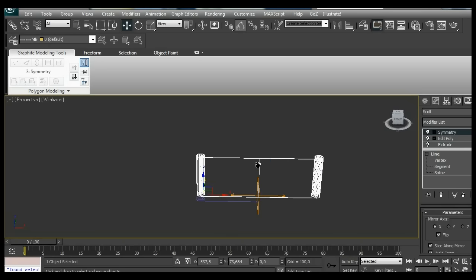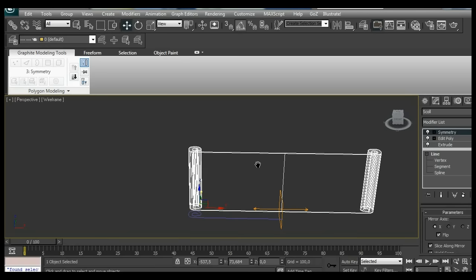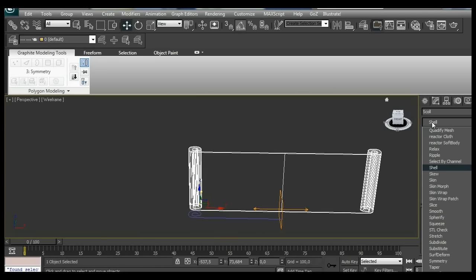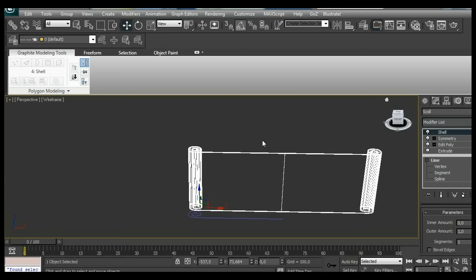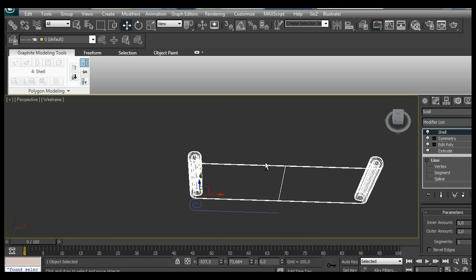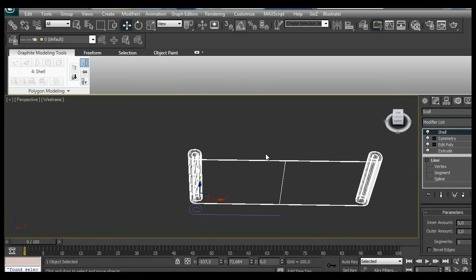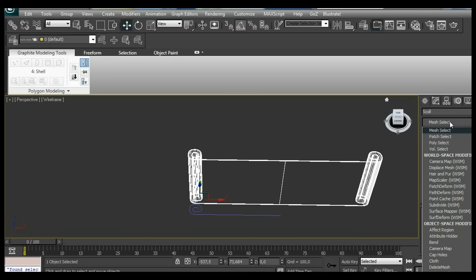So we have this, and now we just need to add a shell modifier. I forgot to add the shell modifier in the previous part, so do that, and we add mesh smooth modifier,